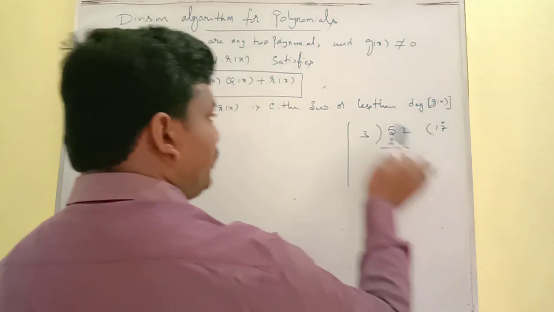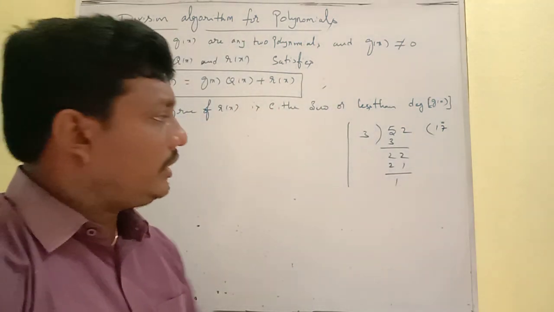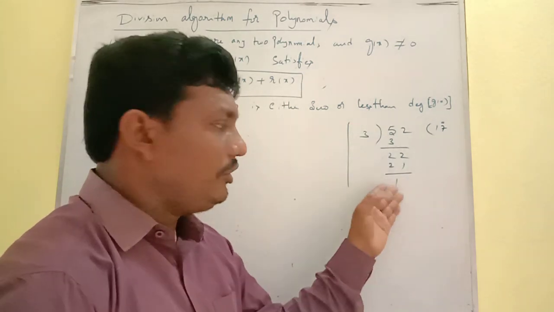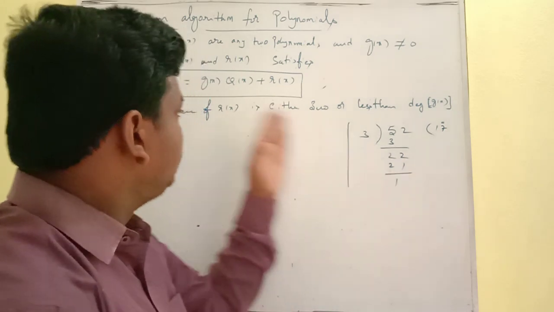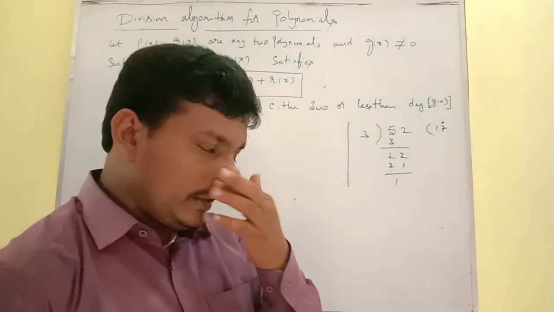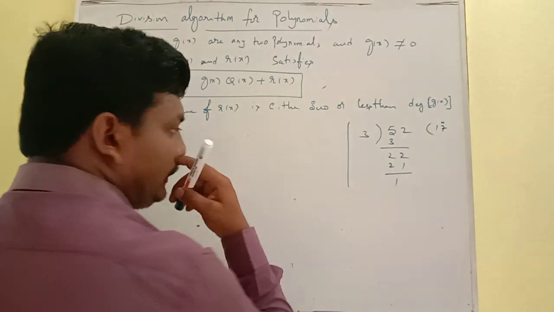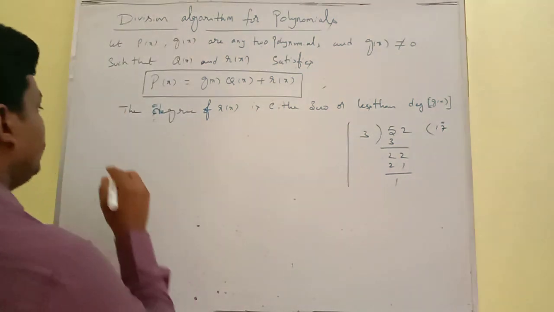According to the same condition for polynomials. For integers, the value is directly less than the divisor, and that value may be 0. But in polynomials we consider the degree. The degree of the remainder is always less than the degree of the divisor. So the first point we have to remember